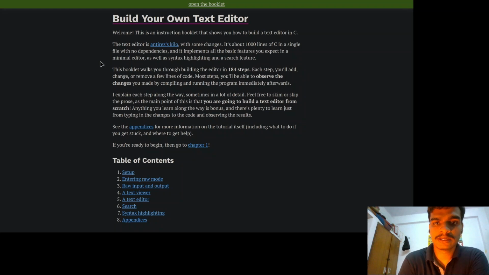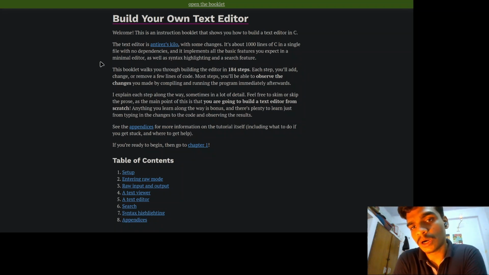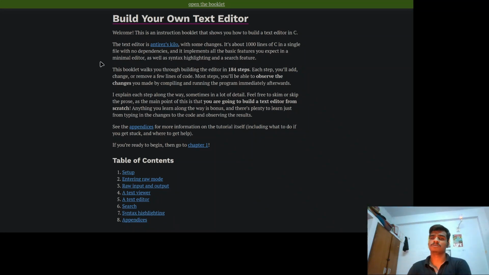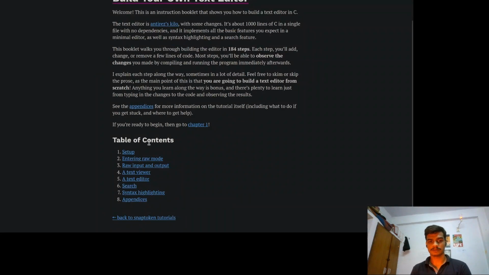Okay, so this is an instruction booklet that shows you how to build a text editor in C. The text editor is antirez's kilo with some changes. It contains about 1000 lines of C in a single file with no dependencies, and it implements all the basic features you expect in a text editor, as well as syntax highlighting and a search feature. This booklet walks you through building the editor in 184 steps. So let's get on with the setup part,